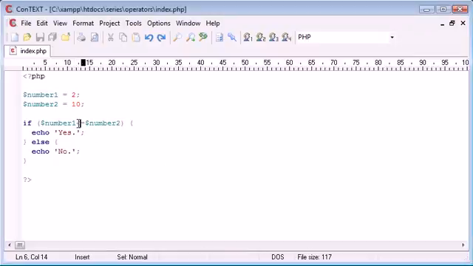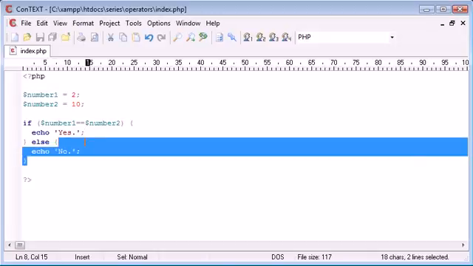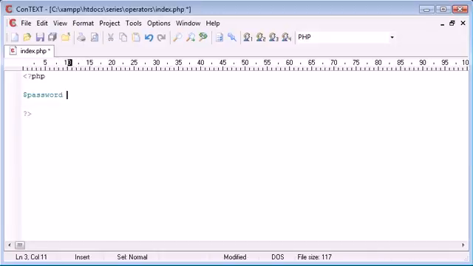You'll probably find yourself using the double equals a lot if you're creating code. For example, if a user was to submit a password through a form, you may want to check if their password is equal to maybe a preset password or a password stored in the database. And therefore what we'd do is, if we were to have a preset password, I'm going to set my password up here to password, so obviously quite a basic password, and I might say if password, so it helps if you read it out as English, if password equals password, then we echo